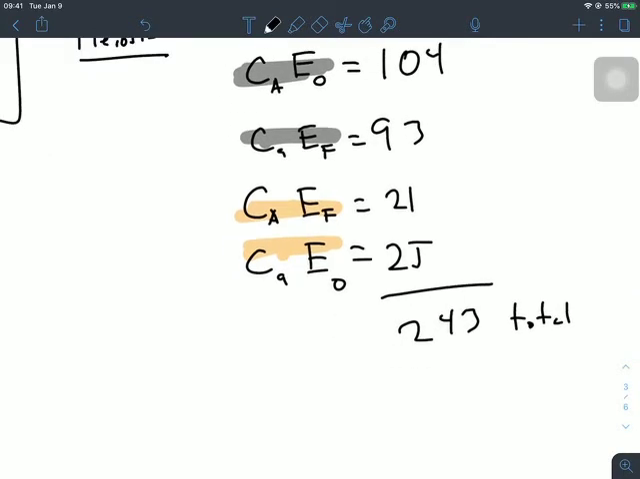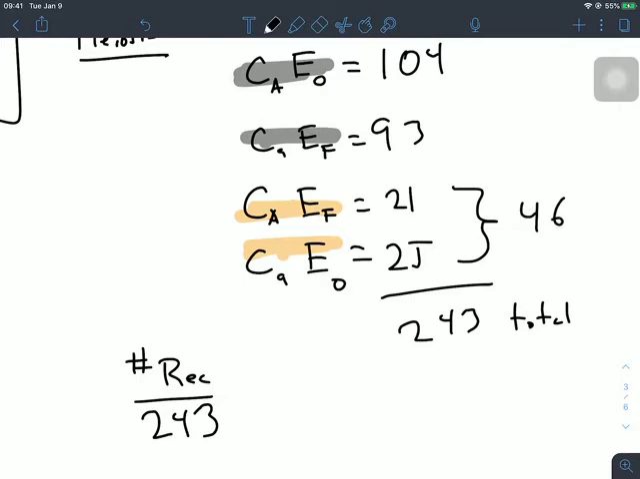In order to get our recombination distance, we have to take our total, 243, and use that number to divide our number of recombinants. Our number of recombinants are 21 plus 25, or 46. So 46 divided by 243, well, make sure I enter that in the calculator right. We get a recombination distance of